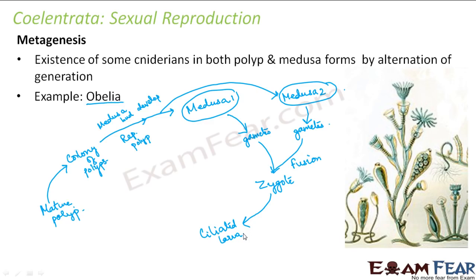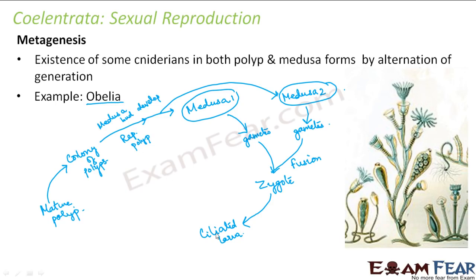Now this development process can be of two types. It can be a direct development. It can be an indirect development. When I say direct development, I mean that the zygote will directly form a baby, that is, it will directly form a mature individual, or the same shape of individual. When I say indirect development, that means there is some intermediate form which will be formed, and then that form will again grow to form that mature individual.